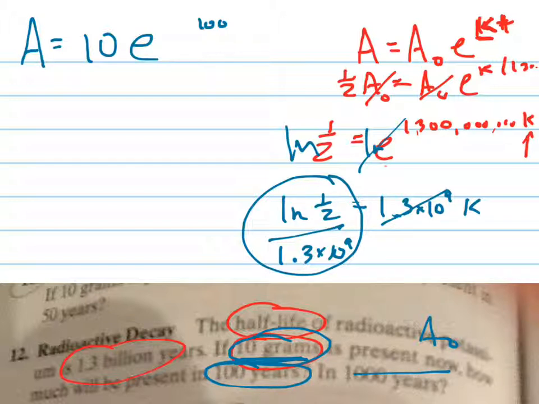If you put just 1.3 here and you plug in 100, you're going to get the wrong answer, because you're putting 100 years, and your T would have been in billions of years. So you'd have to convert 100 to billions, and that's more confusing. So that's why I would just do it like that, and then our answer is going to be 100 times